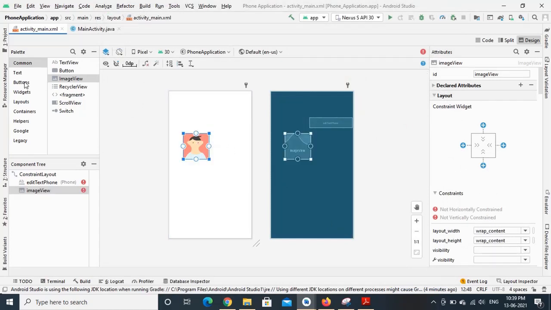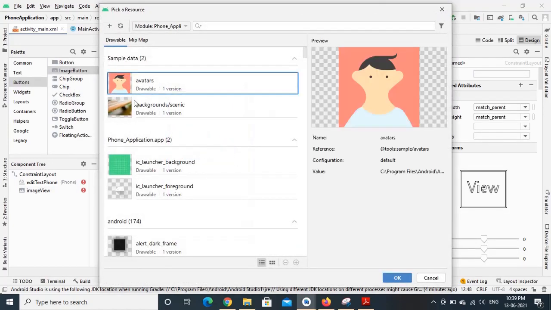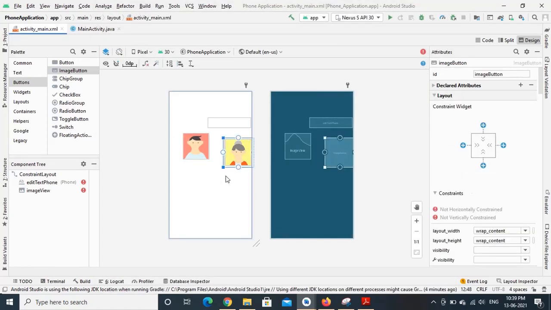And one more, I take an image button where I can display some image. Later we will change the content of both the image view as well as the image button, and provide all the constraints for all the components.